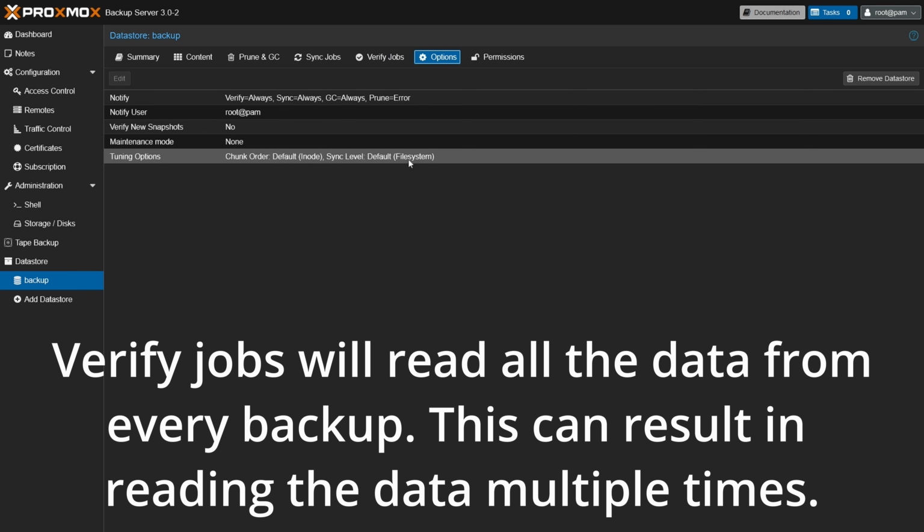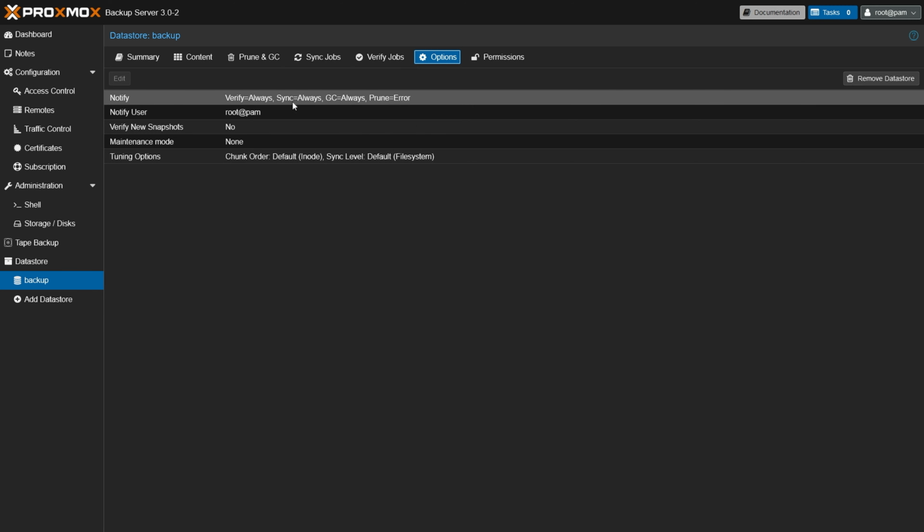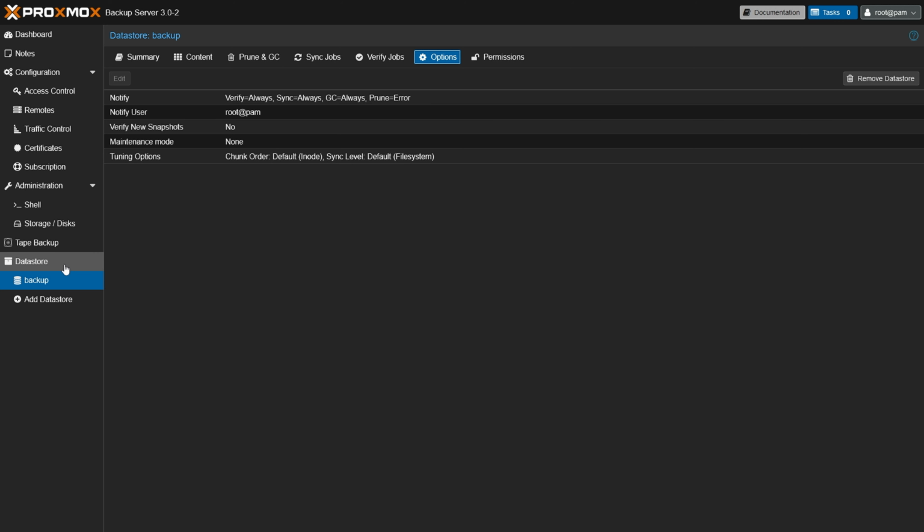Under options, you get a few extra options for tuning, maintenance modes, verifying new snapshots, and notifications. Generally, I wouldn't touch those unless you need to for a specific reason. And now that your backups are made, let's get into the most important thing with backups, which is being able